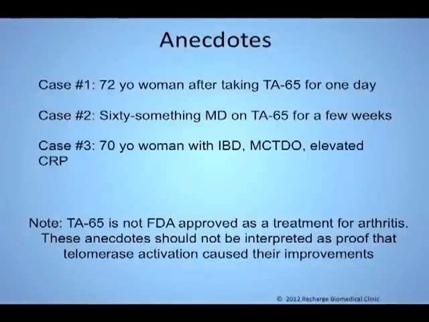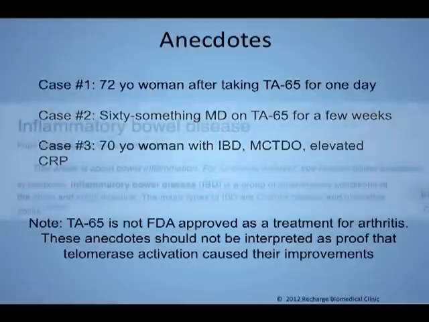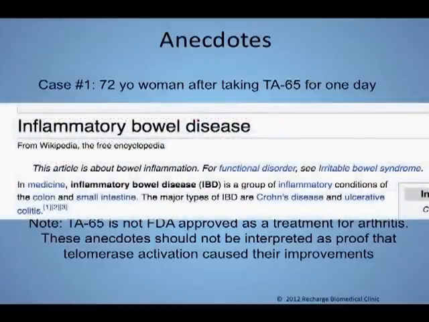Thirdly, it's a 70-year-old woman whose husband is, and this is classic, an engineer, entrepreneur. These are the two skill sets we have for especially the early adopters or the innovators. In my first few years of doing this, '08, '09, they're pretty much all engineers and CEO types or dreamers, entrepreneurs. And so he got his wife to take it as he was taking it. Tom did. And so Beverly has had a long history of inflammatory bowel disease, and that's probably related to her mixed connective tissue disorder, as arthritis is a prominent feature of inflammatory bowel disease.